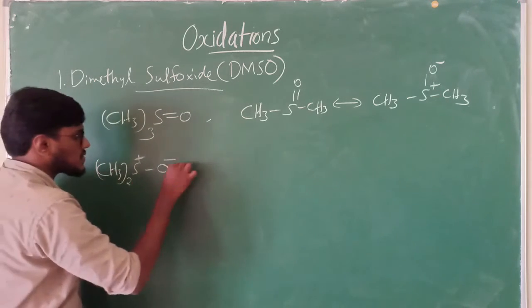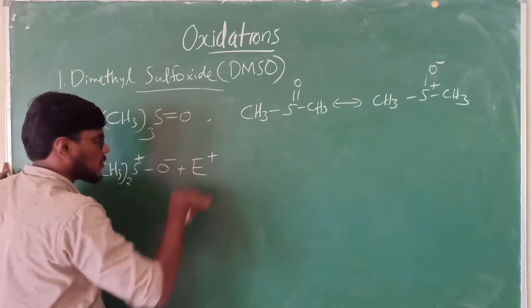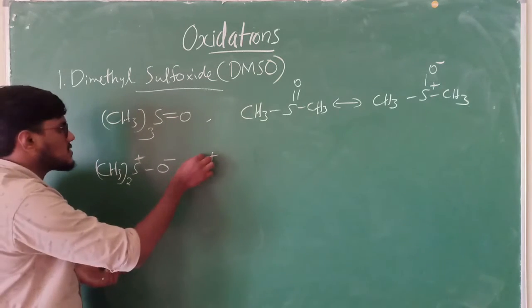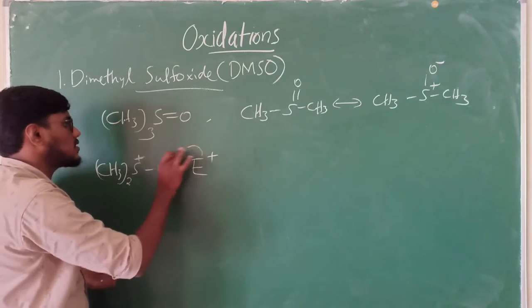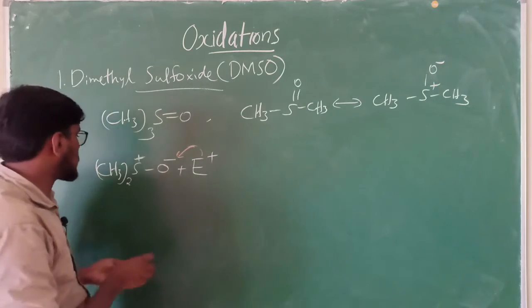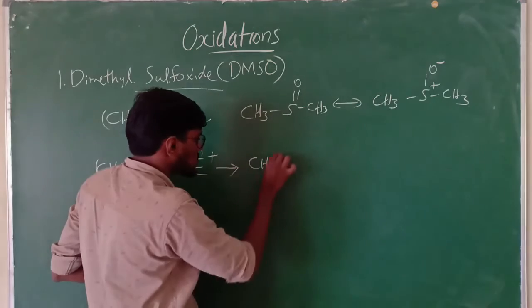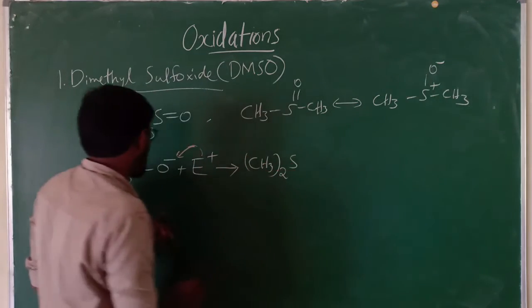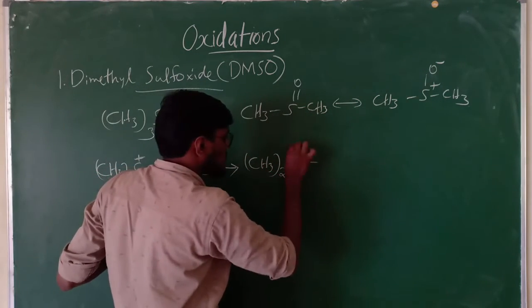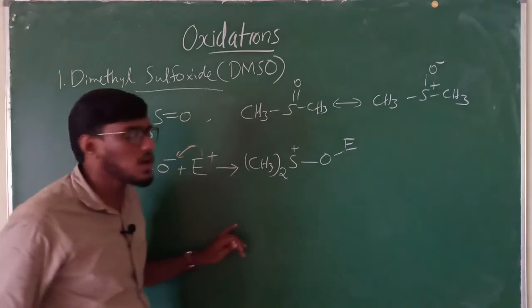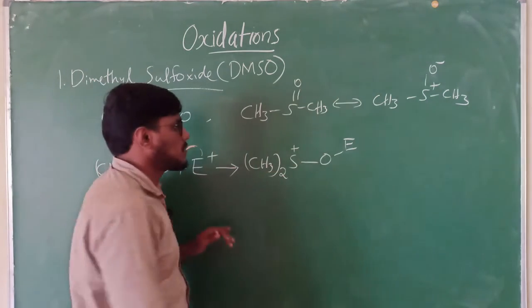Okay, first it reacts with an electrophilic molecule, any electrophilic molecule, and this attacks the oxygen. Firstly it attacks the oxygen, and in the first step it forms a compound CH3 twice S plus O E. This electrophilic molecule is attached to the oxygen. And the next step,